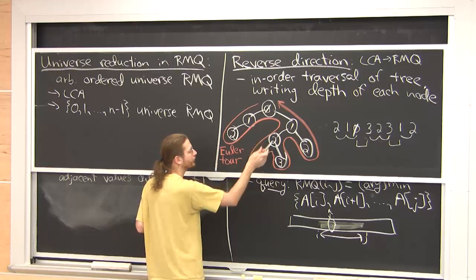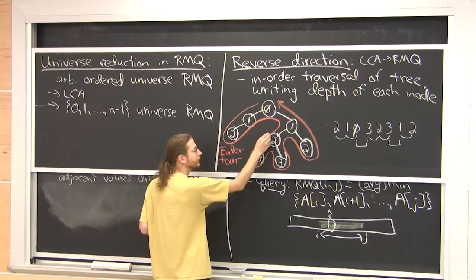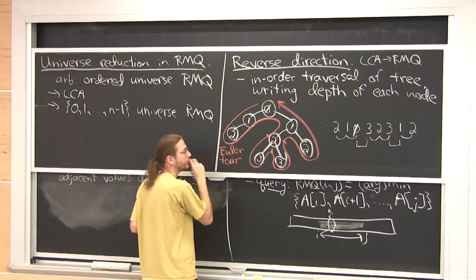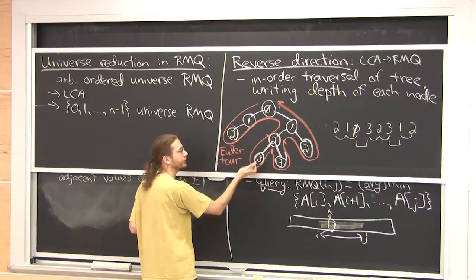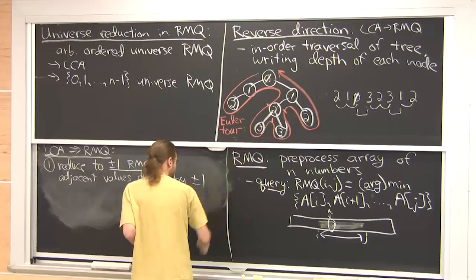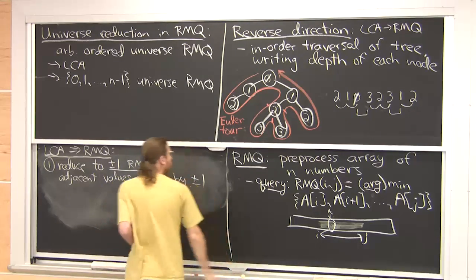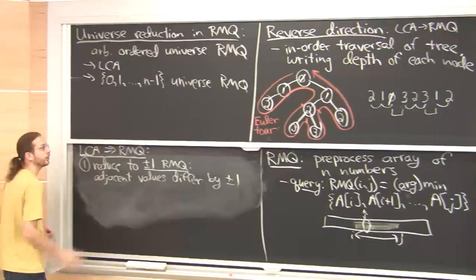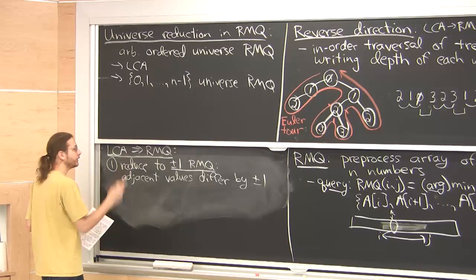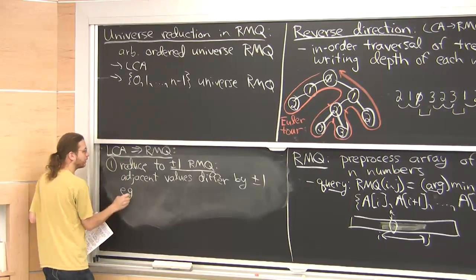And so if you look at the node visits, I'm visiting this node here, here, and here, 3 times. But it's amortized constant because every edge is just visited twice. Okay, what I'd like to do is follow an Euler tour and then write down all the nodes that I visit, but with repetition. So in that picture, I will get